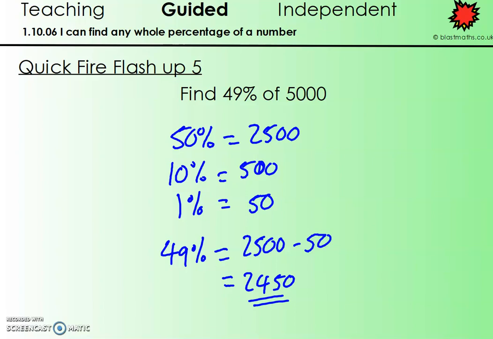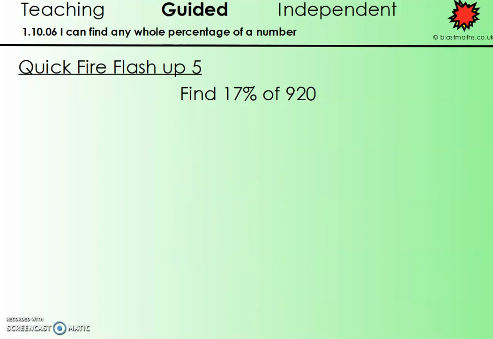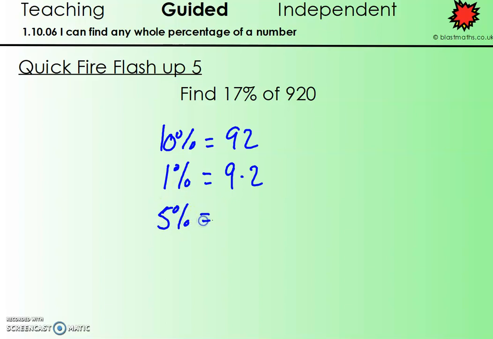Third one. Pause the video, give it a go. Right, so 10%, well that's going to be divided by 10 gives me 92. 1%, well that's then going to be 9.2. And I want 17%. Let's save myself a bit of work because I can find 5% by halving my 92, which gives me